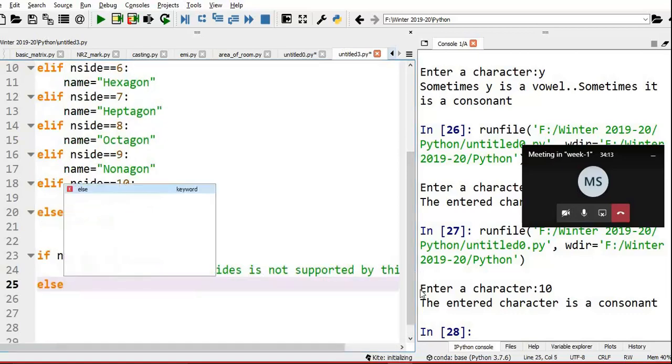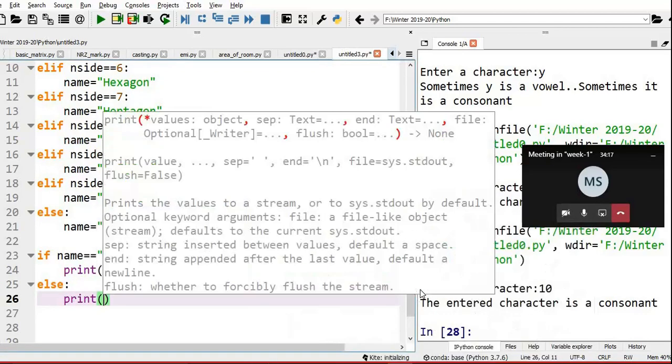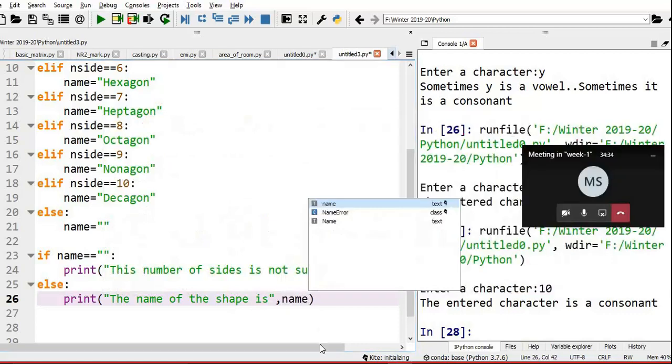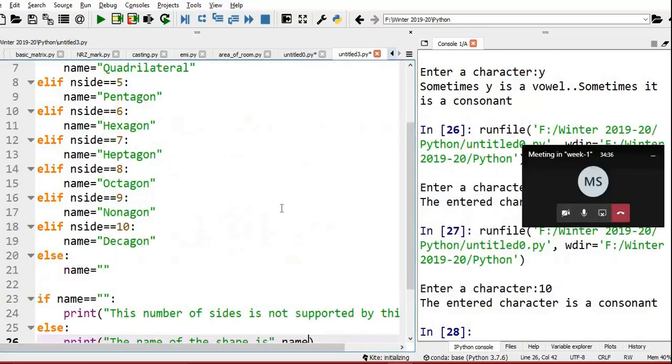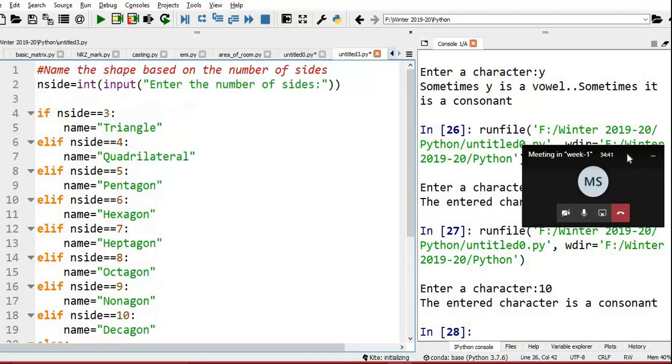Otherwise, print the name of the shape is. I hope my program is correct. Let me check. Yes.